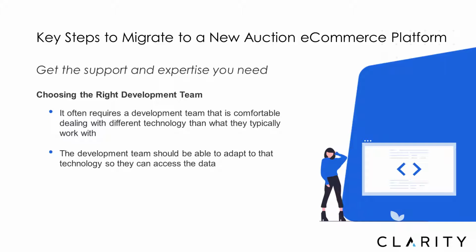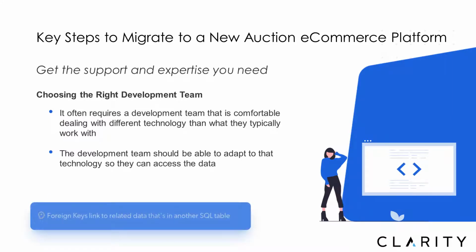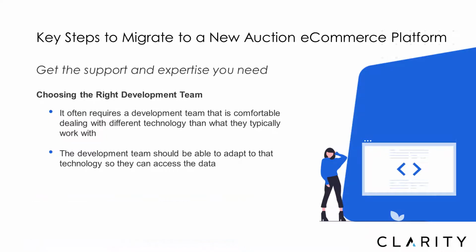We could have a very complex data model that has no foreign key relationships. We've seen that before, Ron. And that was always fun. And I say that with a lot of sarcasm and tongue in cheek, but literally millions of records with no foreign key constraints. But at the end of the day, you need to work with a partner who can deal with this constructively. One of the things that's really cool about Clarity is we don't just throw our hands up and say, oh, well, if you don't have any foreign keys, then we can't work with this